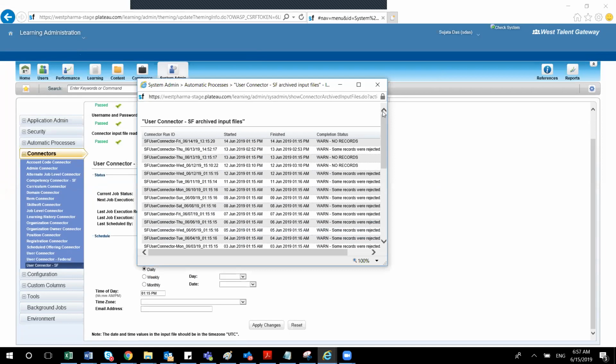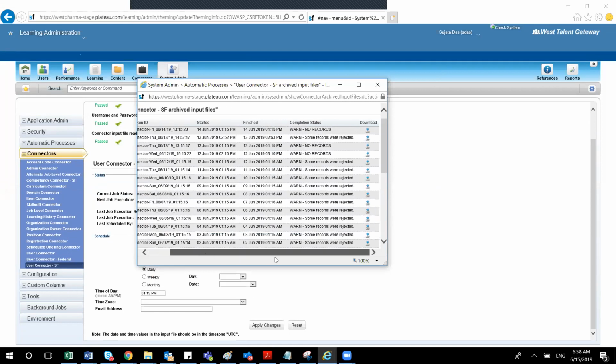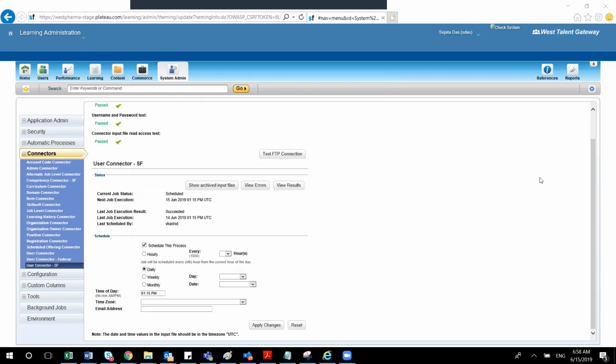Can you see it now? Yep. Yeah. So this is an archived file. For the last 30 days, 33 total records they have run. You can go and see every individual archive file and the completion status. And there is a download section. If you go to download archived input file, it will be the same archived zip file which I have shown you. So that zip file you can also download from here without going to the SFTP. You can download it and review it if any error is happening. Okay. This is applicable for all the connectors. Whatever connectors I'll be showing you, it is applicable to all of them. Same concept, only the file format will be different.